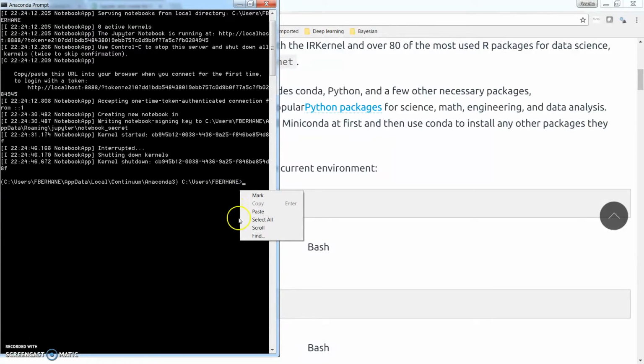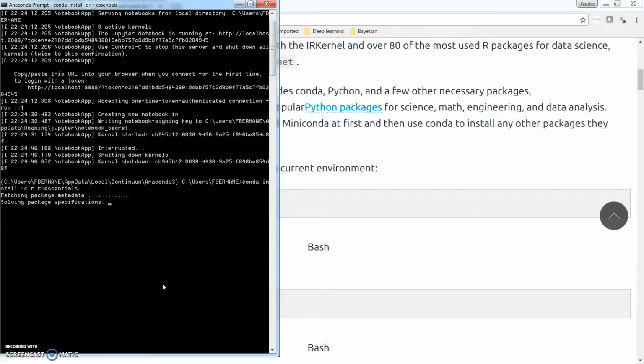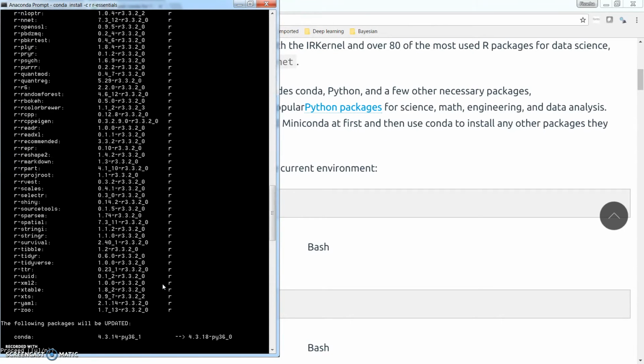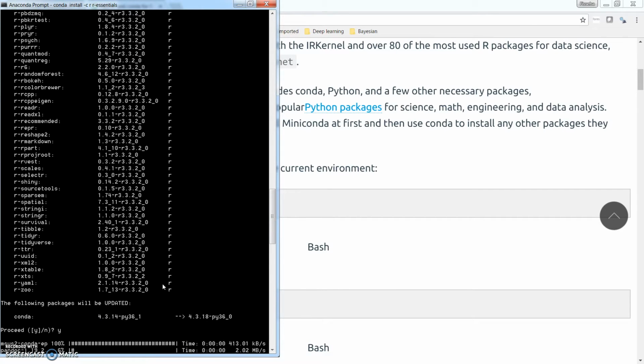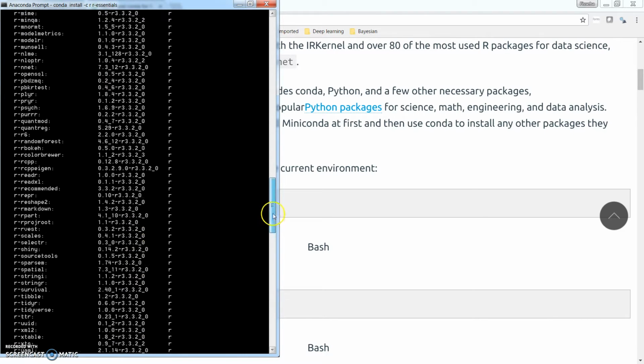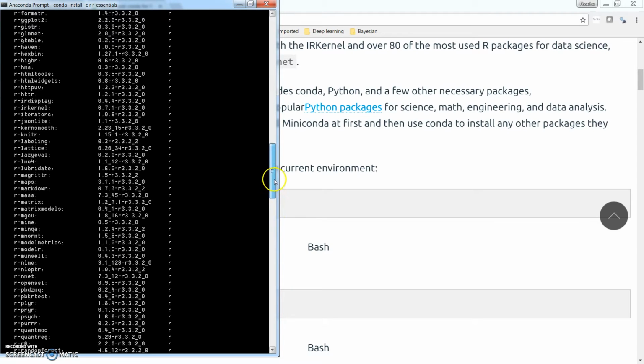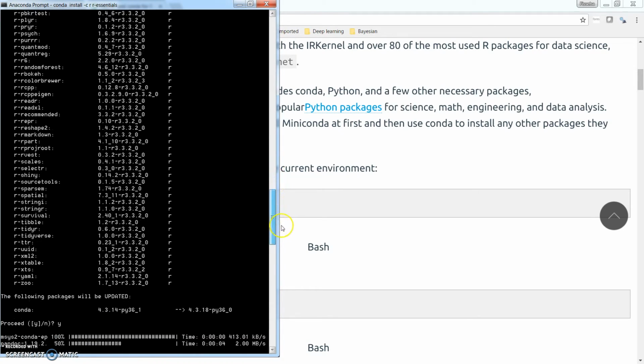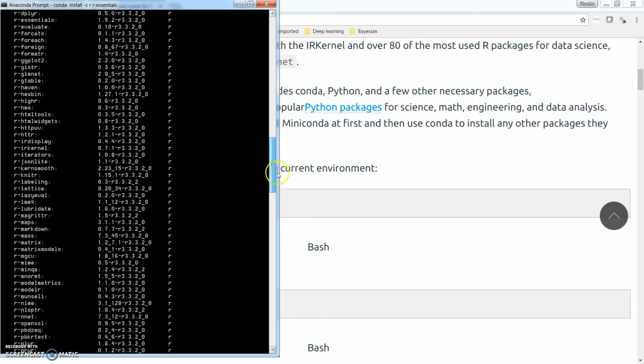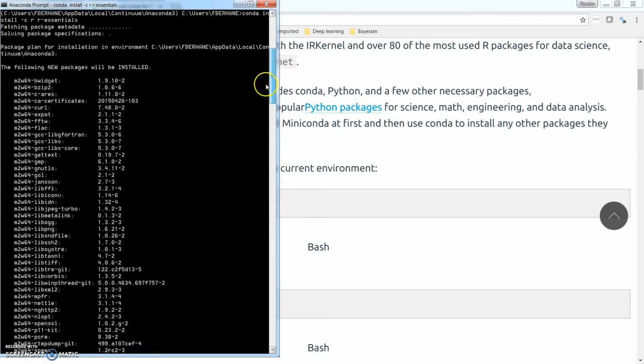Basically, this will install many R packages and it will take time. So let's see if it starts normally, and then I will get back once the installation completes. Yeah, so here, do you want to proceed? It asks me, yes. Now it has started the installation process. As you can see, it is trying to install a different R environment. It is not using the standalone R environment I have on my machine. So it is installing many packages.